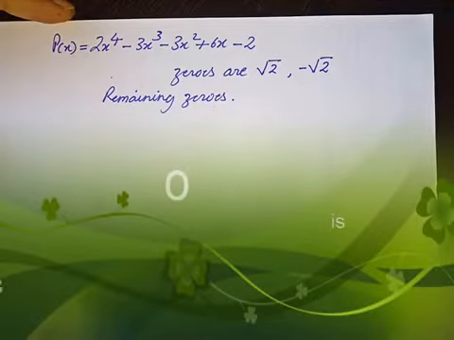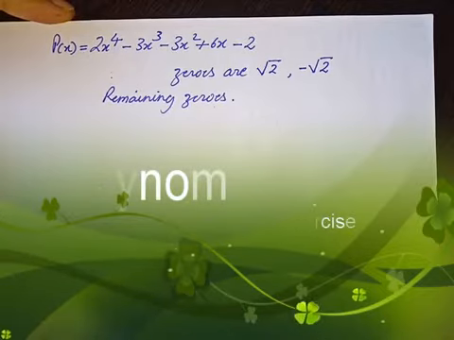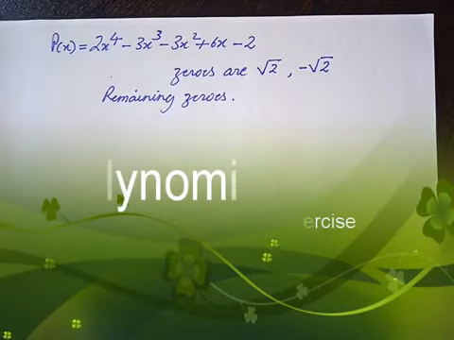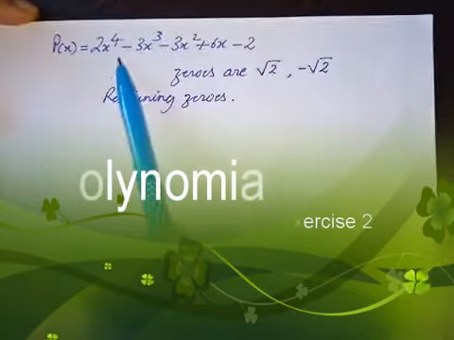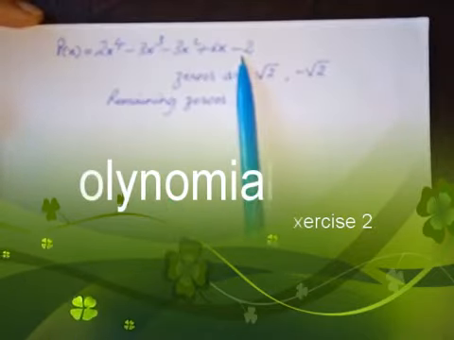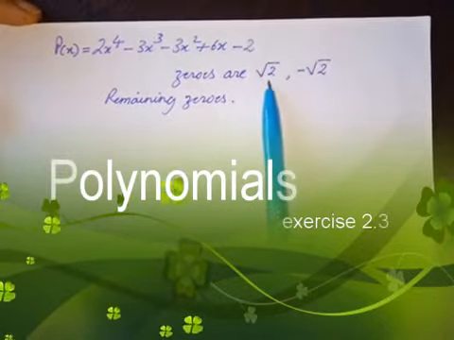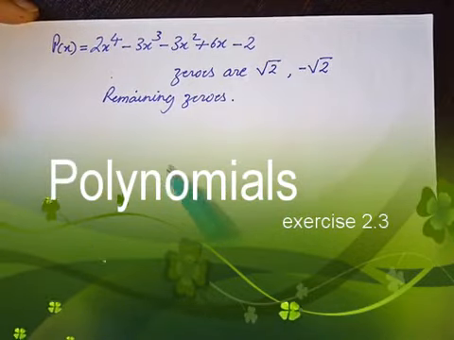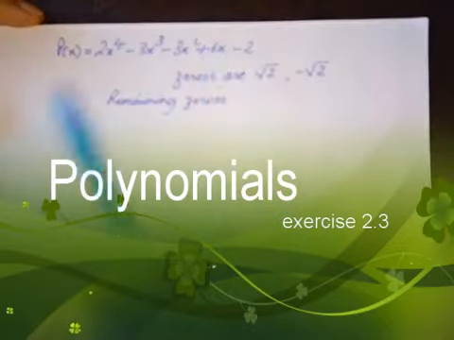Welcome to today's class. Before moving to question number 3 of exercise 2.3, let us try an example. It is a solved example in your textbook, and what the example says is: find all the zeros of the polynomial, if you know that two of the zeros are given to you and the remaining you have to find out. So first we have to see how many zeros are possible for the given polynomial.